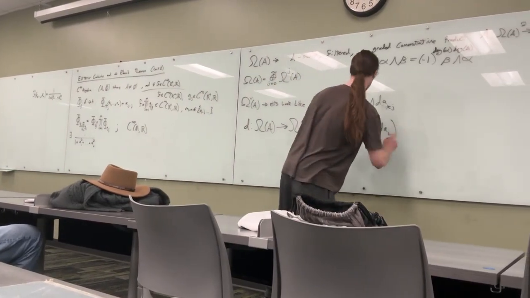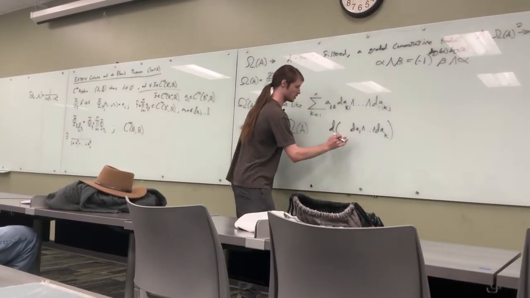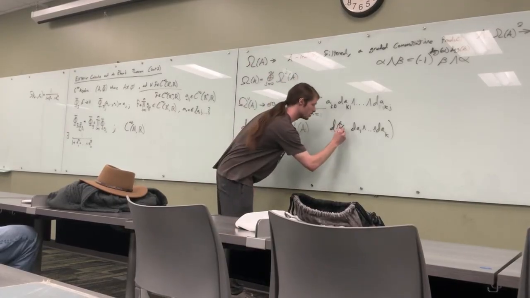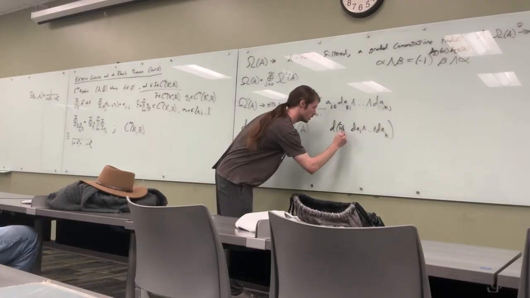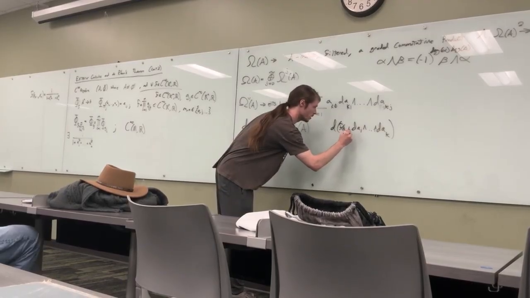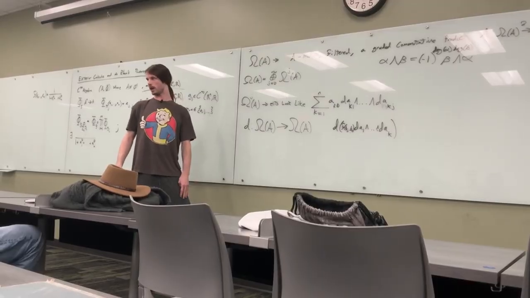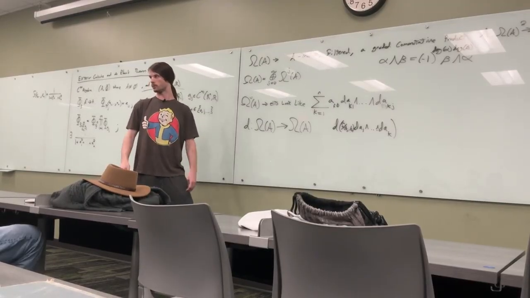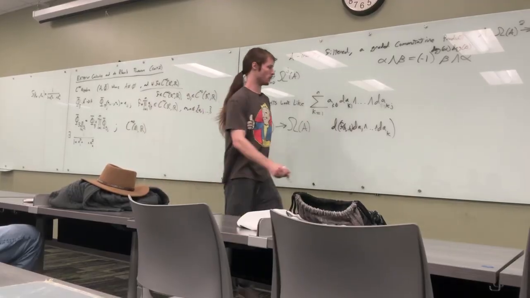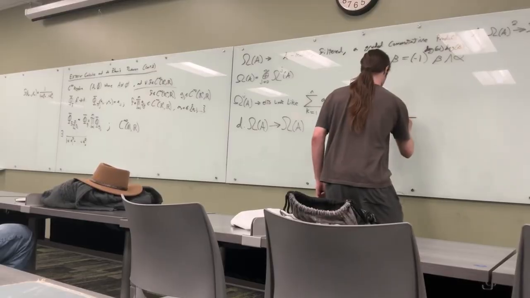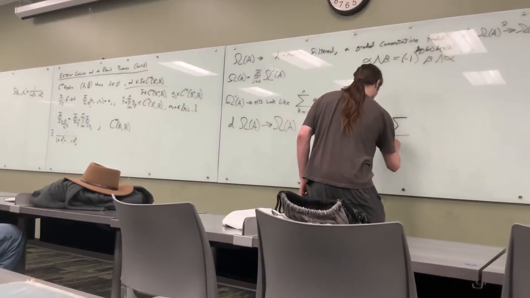And I should also set myself up to actually use the chain rule. I'm going to go ahead and say that this is B1 up to Bn. Apologies for how scrunched that got. That's an operation function f acting on n elements labeled B1 through Bn. And what makes this thing a derivation in the usual sense is that it satisfies the usual sort of chain rule